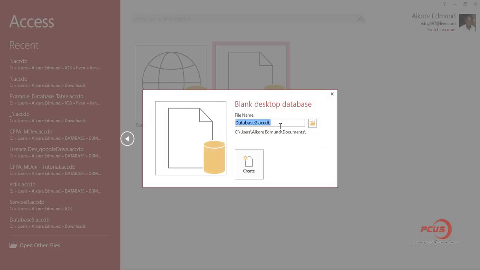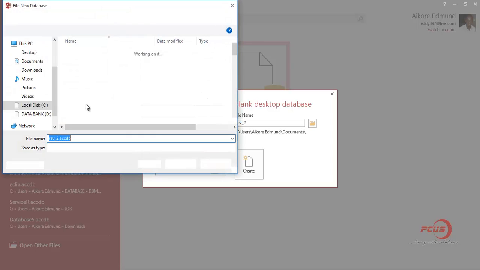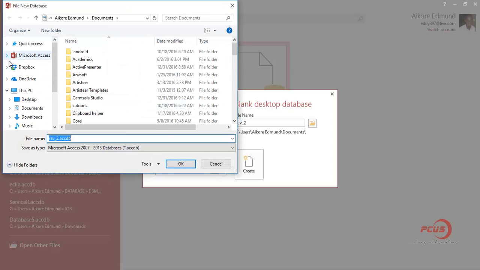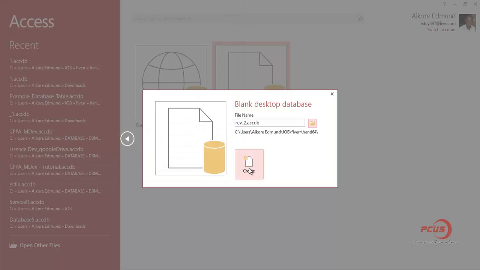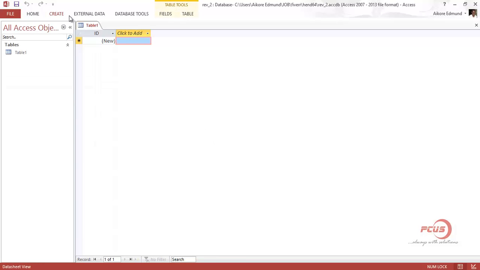Create, okay, say REV2, and I put it inside hand. Okay, so this is where I want to create it. Good. All right, so now